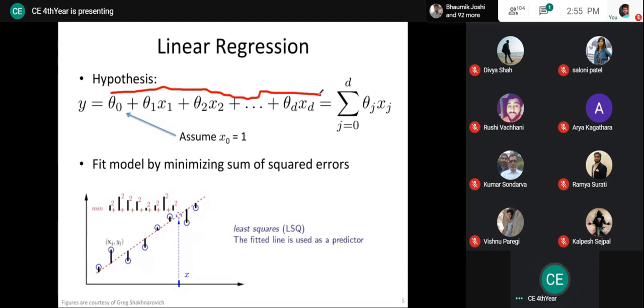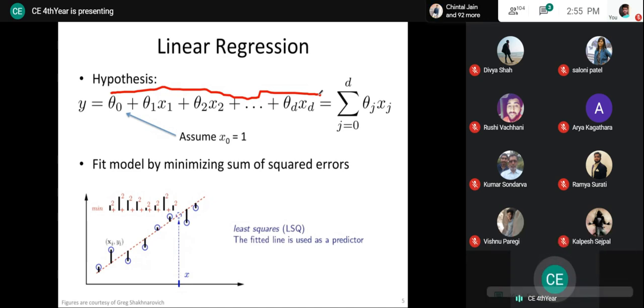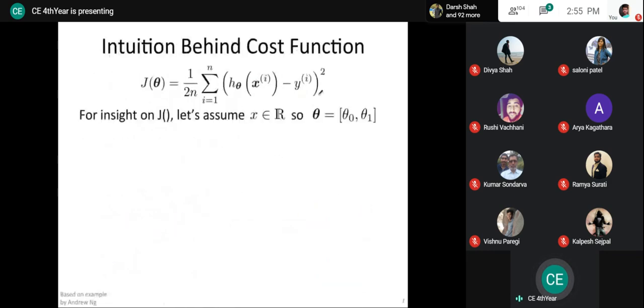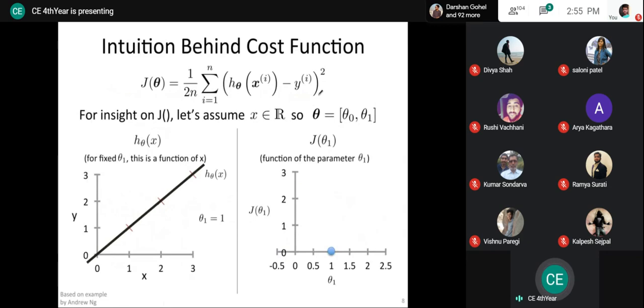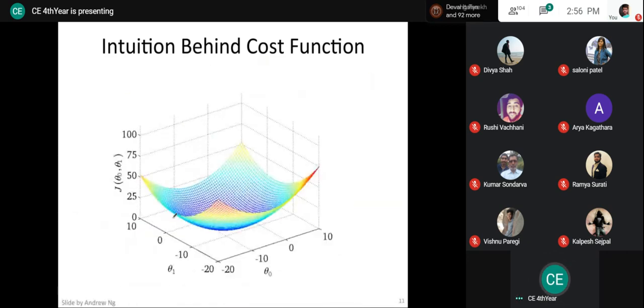What you are doing over here is considering all the theta values. Actually, the scenario is that J depends on all the theta values. It doesn't mean that it depends only on one theta value. Why we have considered theta 0 as constant and theta 1 with different values is so that we have the plot of theta 1 versus J of theta 1. But the correct plot for this example is this.